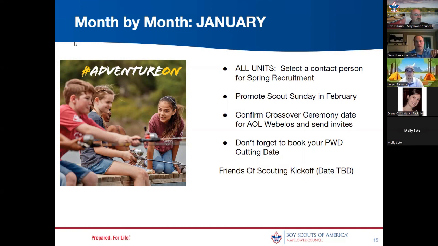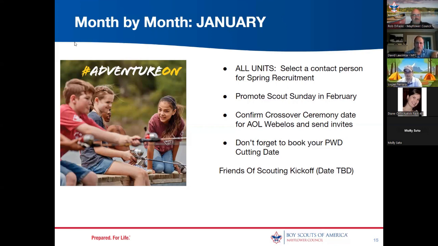Yeah, so Scout Sunday is usually in February, but a lot of units will schedule a different day if it doesn't work for them. Scout Sunday, for those who are not familiar with it, can be non-denominational, but it's a good way of giving back to your charter organization, whether it's a synagogue or a church, kind of saying thank you to them. You present their charter and have the Scouts maybe hand out programs, that kind of thing.